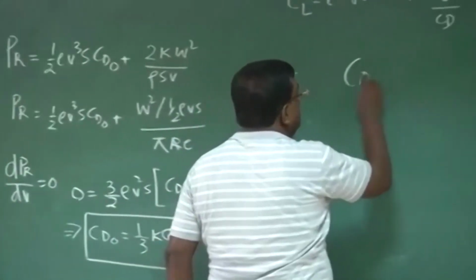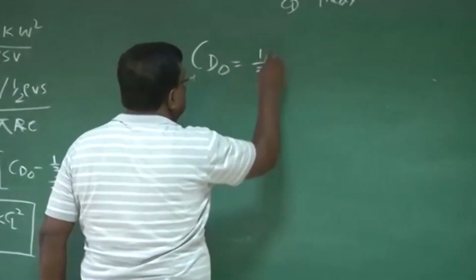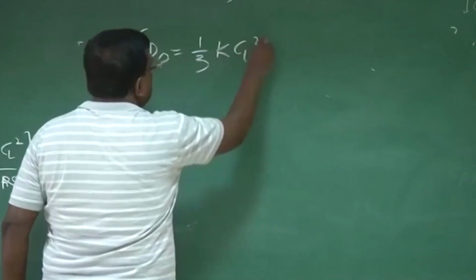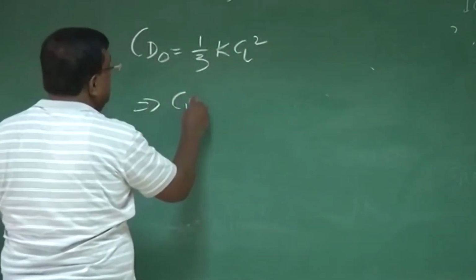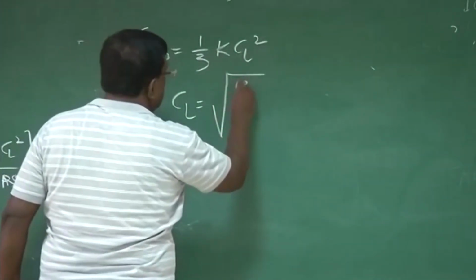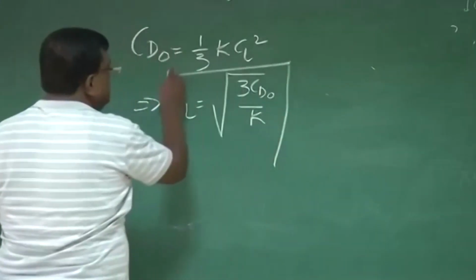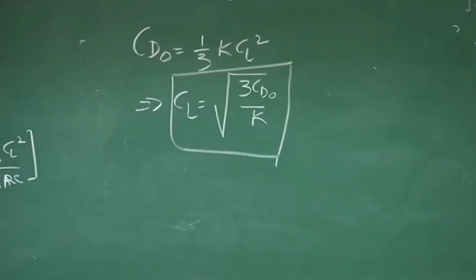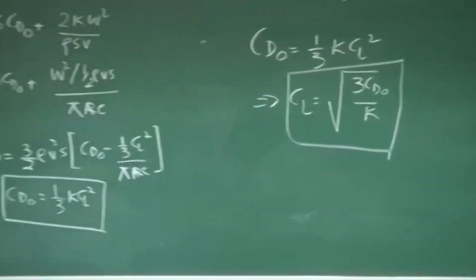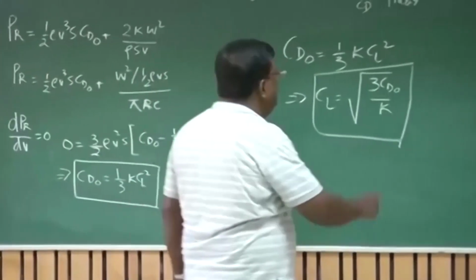CD naught equal to 1/3 K CL square. It means CL equal to under root 3 CD naught by K. Now I have to fly the machine at a CL which is given by root of 3 CD naught by K to get power required